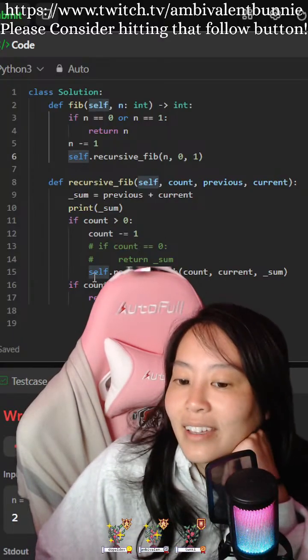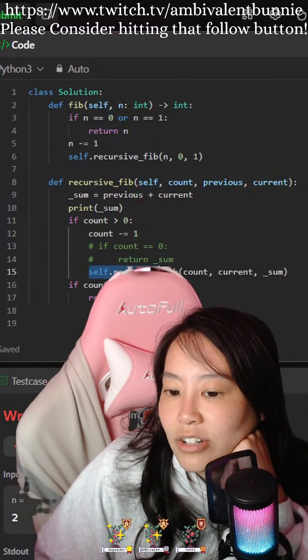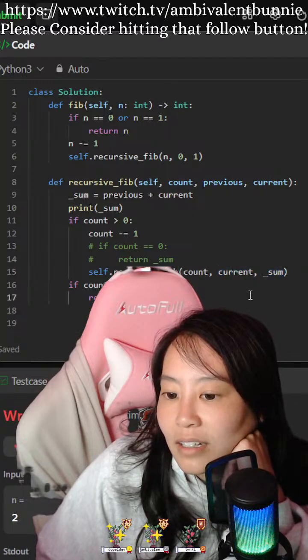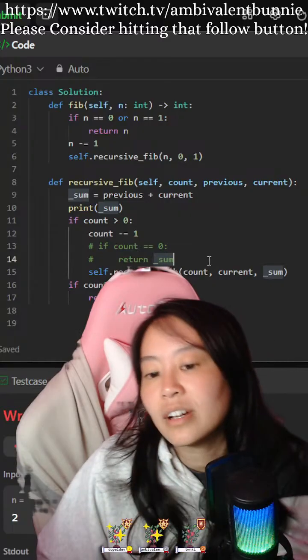I feel like I need this to return a value, and that value is gonna be in here. Okay, hold on, guys.